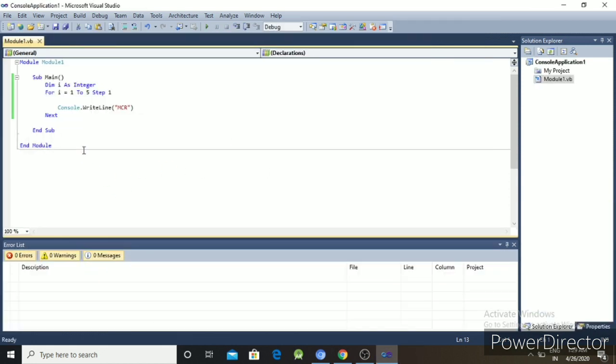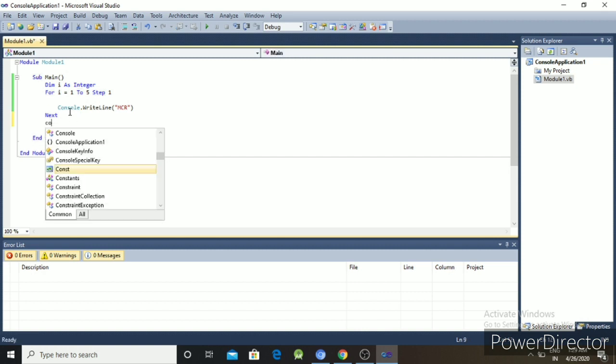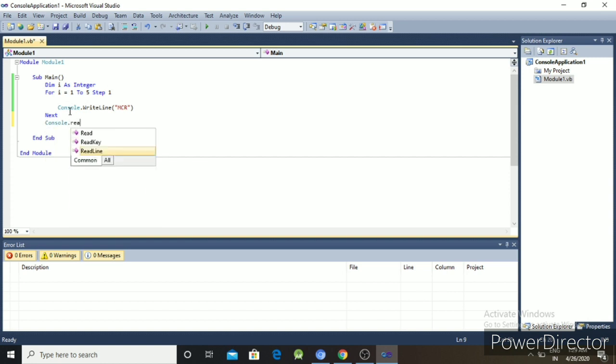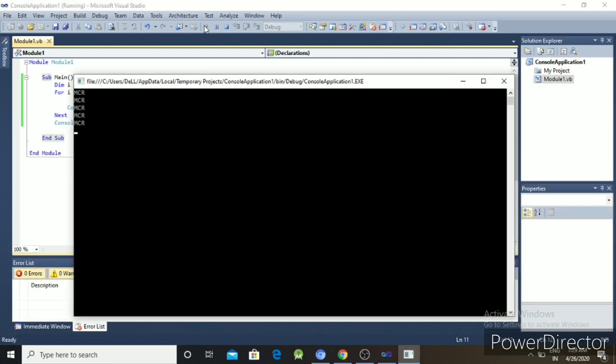Yes, the output is displayed but not held. So you have to write Console.ReadLine or ReadKey, which are used to hold the screen. Save the program and re-execute. Okay, the output is displayed. There are 5 times MCR.